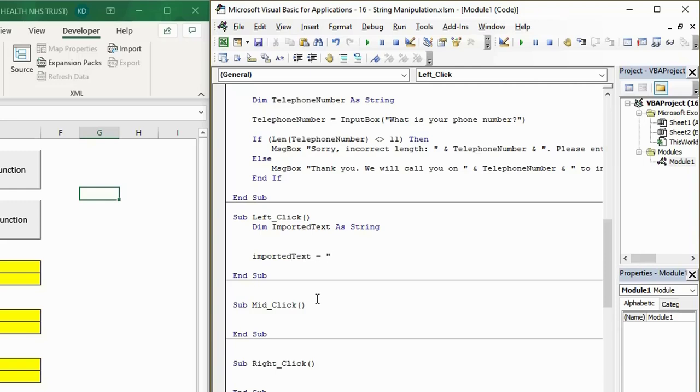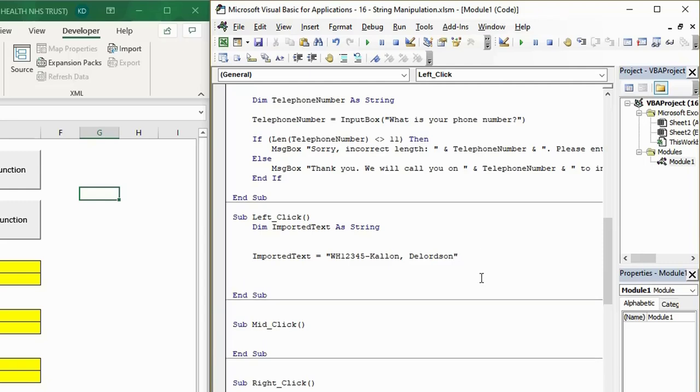Say, for instance, the imported text has a hospital number separated by a dash from the surname, separated by a dash from the forename. And you want to split out just the hospital number. So let's declare a variable to hold the hospital number. So to get the hospital number from that imported text,